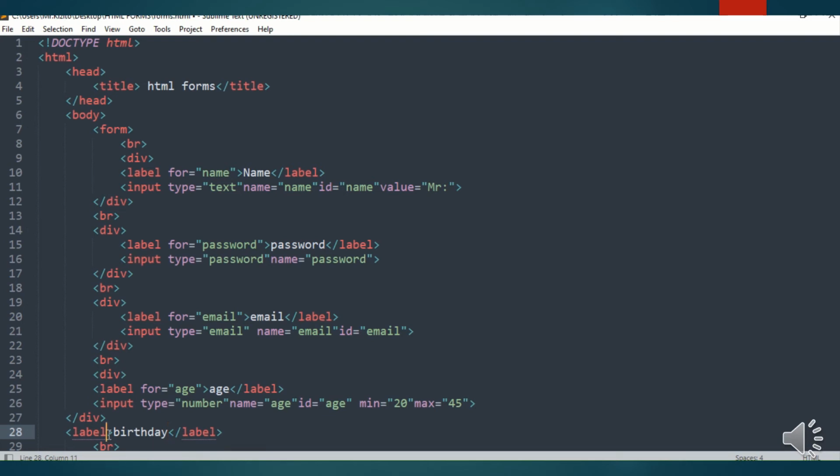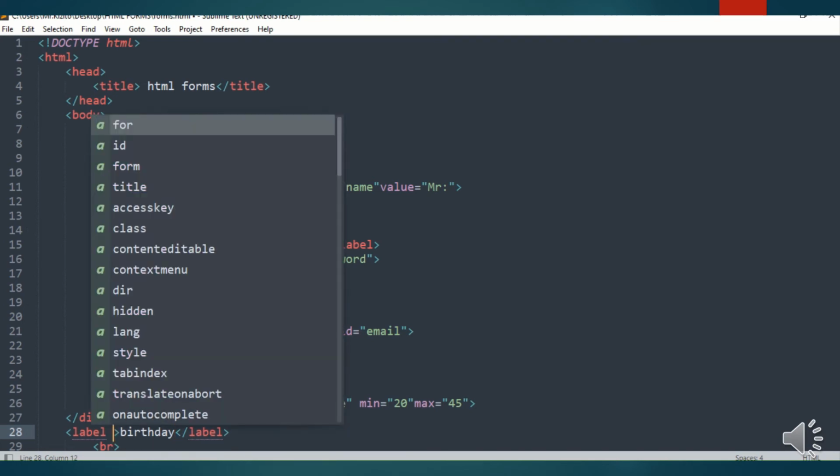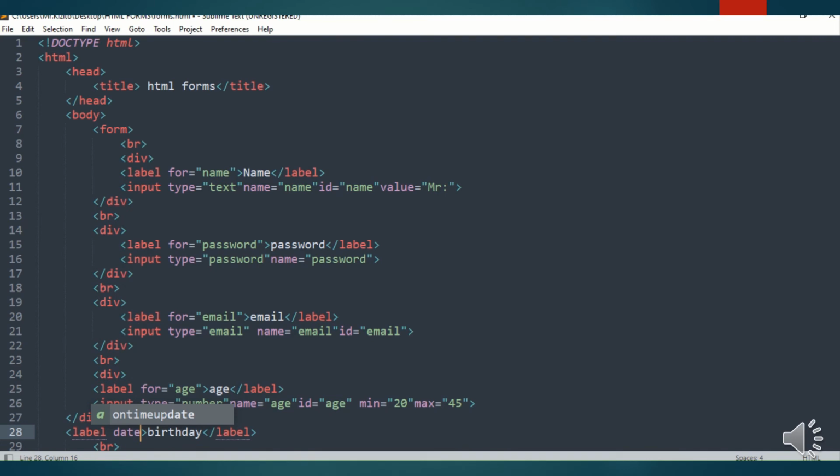Then this label is meant for, if you're using it for the birthday or some dates, because a birthday falls on a particular day that one would wish to be there, so it's the date element that we are going to use for this particular one. So I have to write for equals, then I'll say this one is for a date. Now the input here,